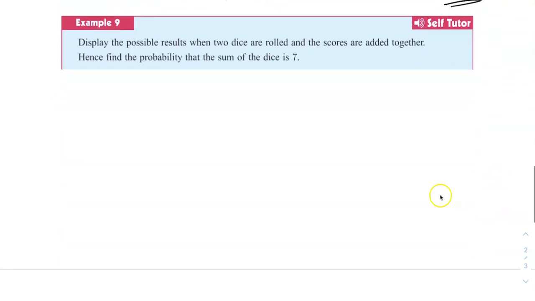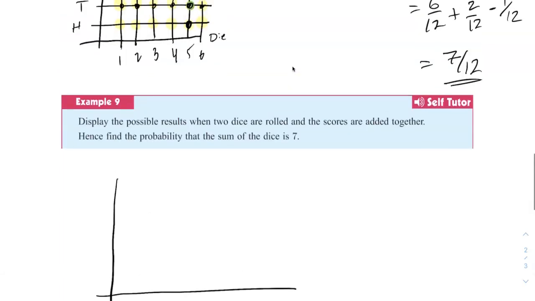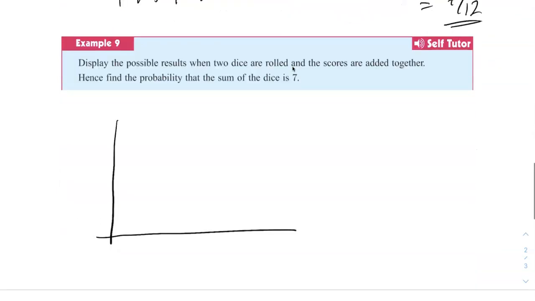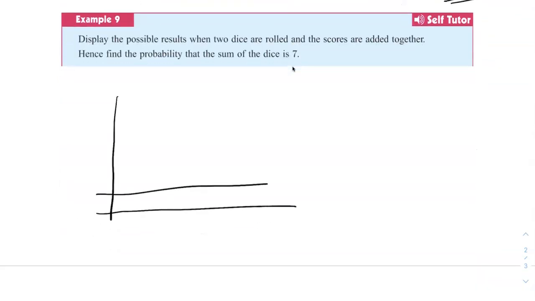Next one. Display the possible returns when 2 dice are rolled and the scores are added together. Hence, find the probability that the sum of the dice is 7. So probably the easiest way to do this is by doing another 2-dimensional grid. So we have 1,